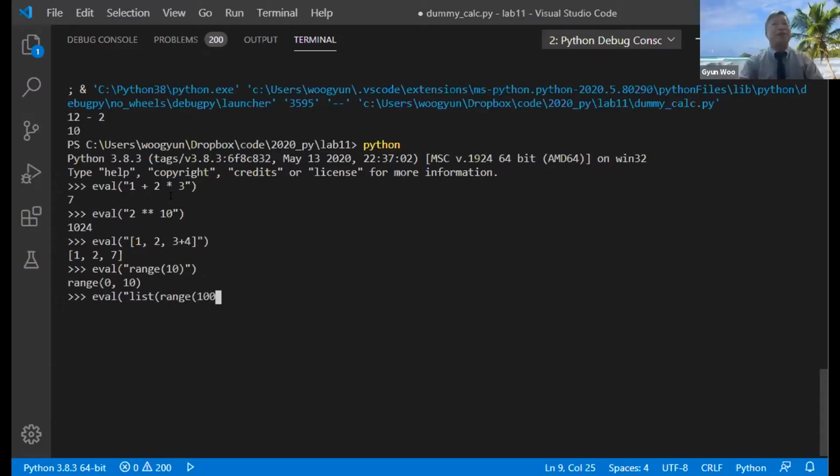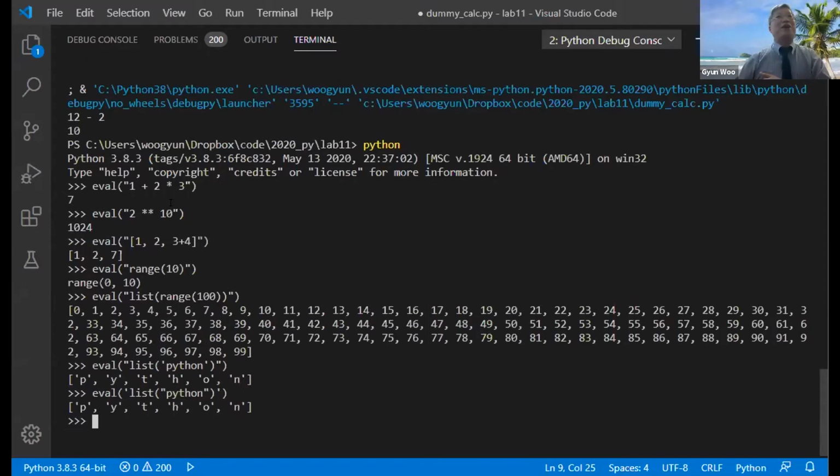Okay, so you can even do other things such as a Python string. Beware that I use the single quote here rather than double quote, because I use double quote outside. If you want single quote outside, you can use double quote inside, okay? So it may be used as an escape sequence. So you can do this kind of evaluation, but let me switch back to the original